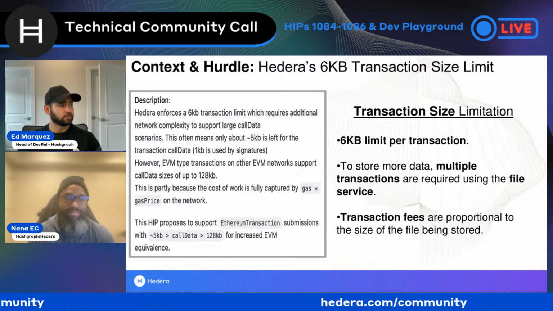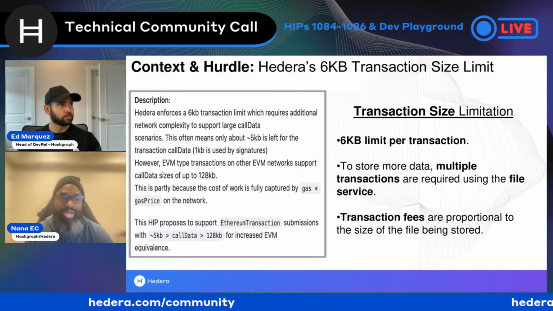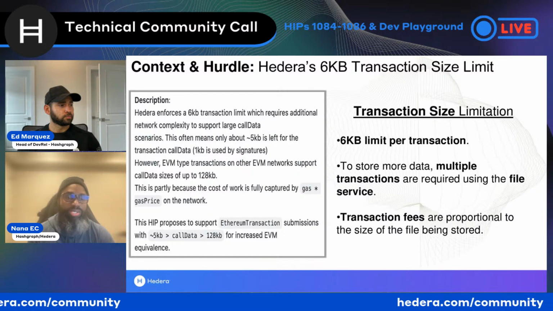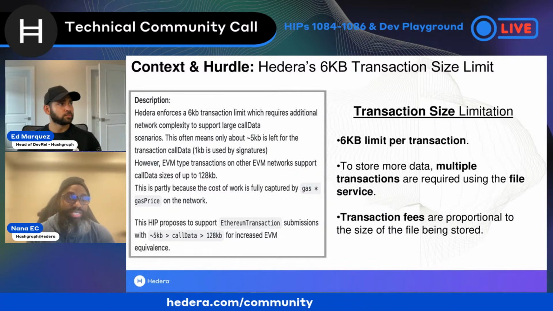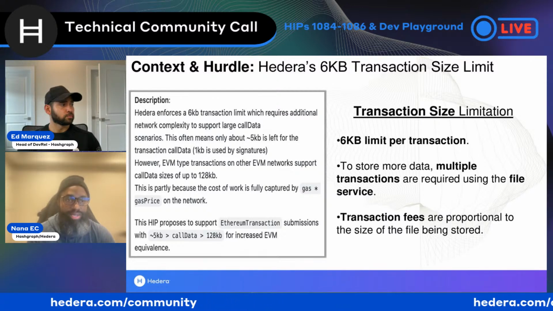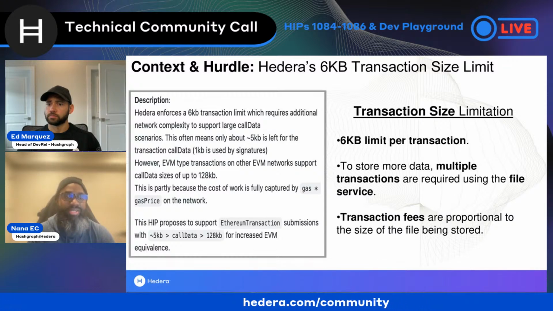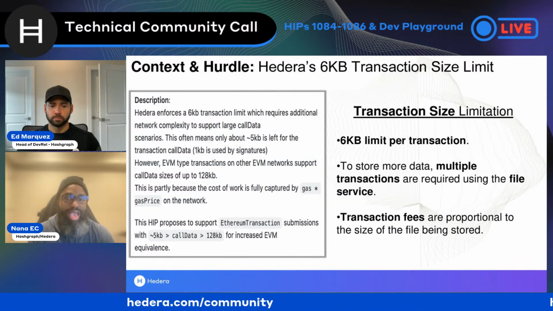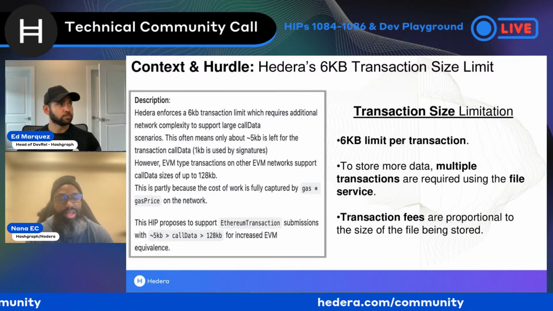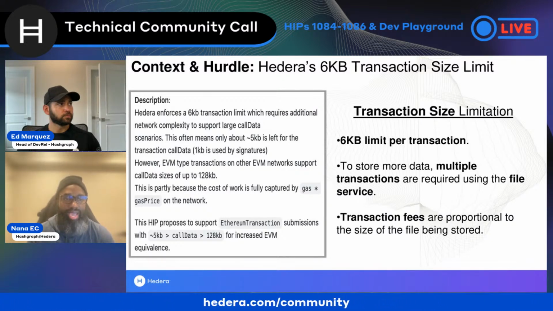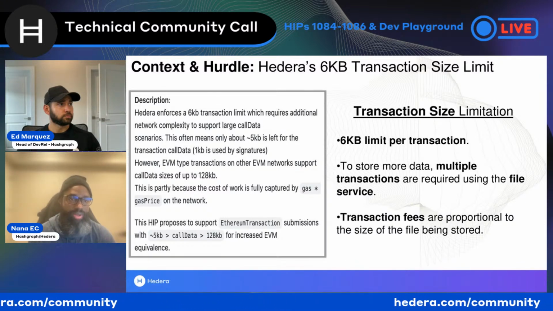And so today, if a relay was trying to process a transaction that is deploying a large contract or maybe feeding in large call data to a contract, maybe let's say it's an Oracle price feed update. Usually this size is a lot more than 6 kilobytes. The way the relay gets around this is by creating a file, appending to it based off of the necessary size, and then submitting an Ethereum transaction that says, hey, go pick up the call data from this file. The result of this is that the relayer, again, has to cover extra costs on Hedera that they wouldn't have covered on another network.